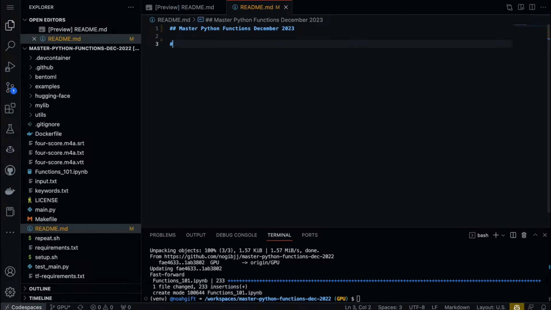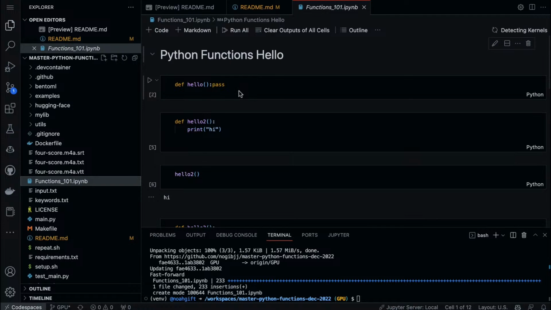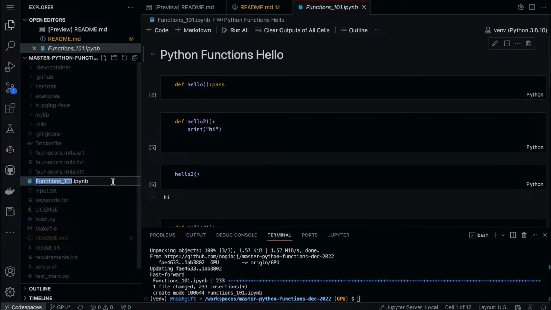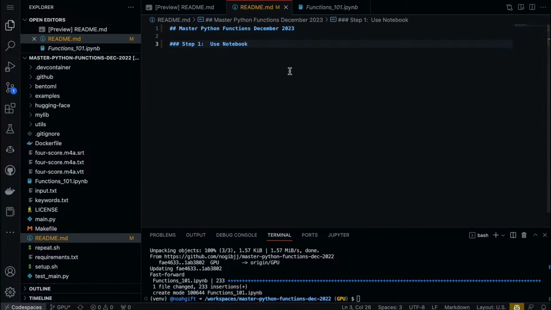There we go. And what I can do is just slowly document the stuff that I'm doing, and we can say step one, use notebook. And what we can do is we can just point a link to that notebook that I added, which is right here. We can also run it inside of this environment, a notebook, but I'll put a link to it here. I'll say basically check out this notebook, and we'll put this as a documentation reference. There you go. So check out that notebook.